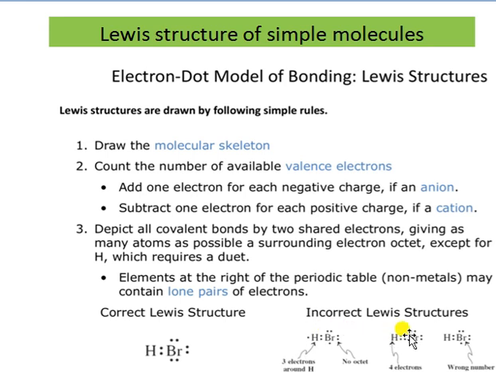These are some Lewis structures which are incorrect. Please do not draw any Lewis structure like this one. Here the hydrogen has 1 electron. If it is drawn on the left-hand side, and the electrons from bromine are drawn on the right-hand side, then this will be a wrong concept. Do not draw in this way also.